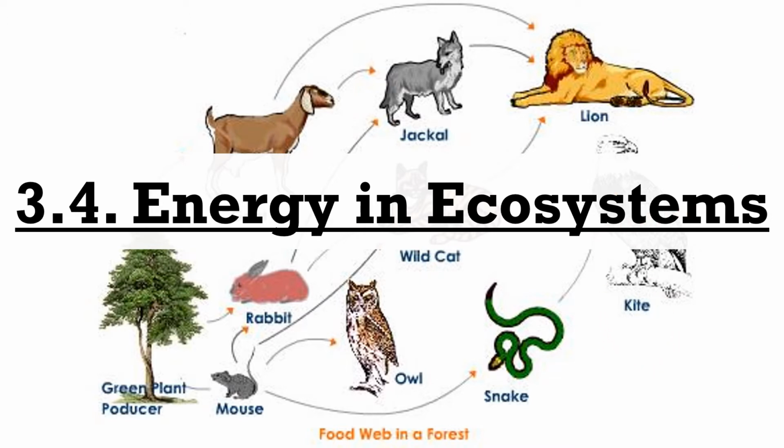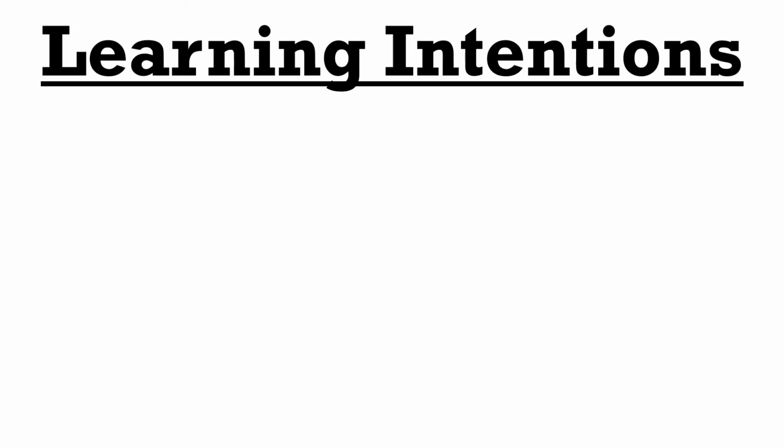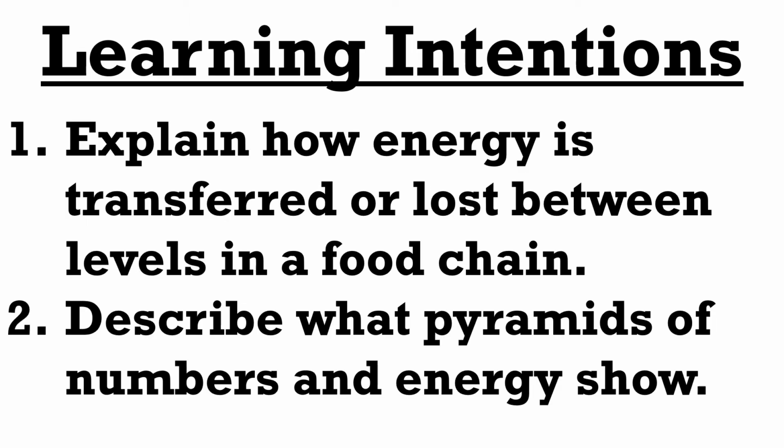This is 3.4, National 5 Biology, Energy and Ecosystems. Quite a short one. It's going to move on from looking at... So our learning intentions are you want to be able to explain how energy is transferred or lost between the